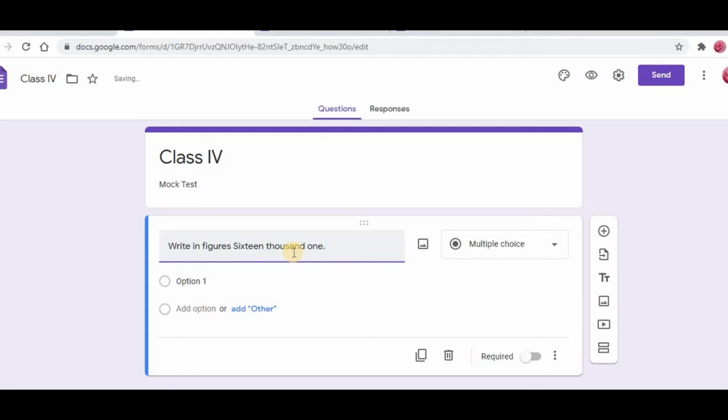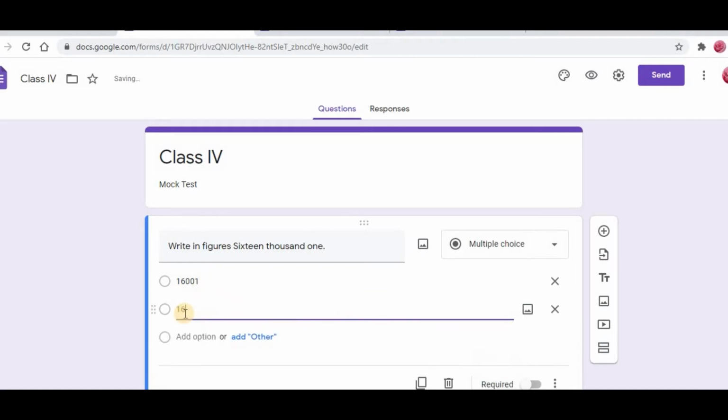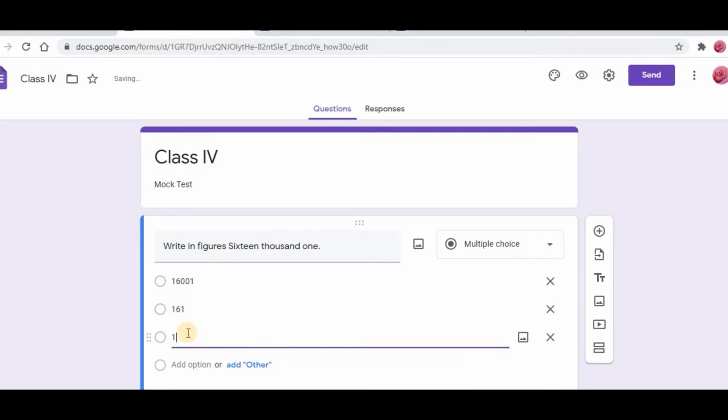So here you are asking the student to answer in MCQs, right? So here you are going to give options: 16,001, and here add option 16,1, and one more option. You can give your own options like this.